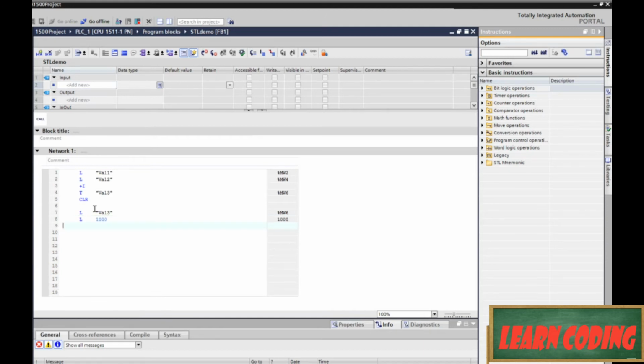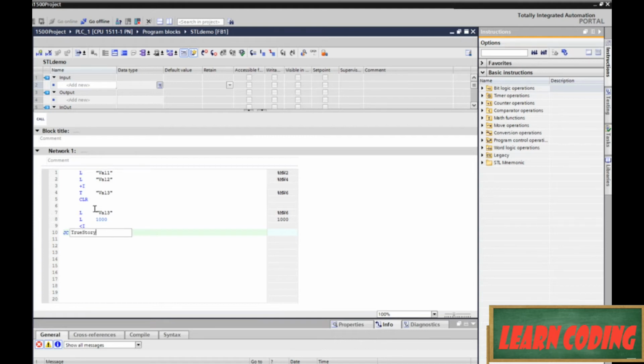All right, and let's see if 1,000 is less than value 3. So we're going to do a less than I, and that's going to basically put a true or false into our register. And at that point we can do a JC, and we can say